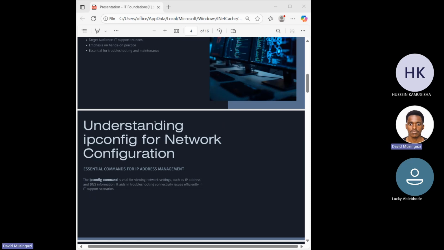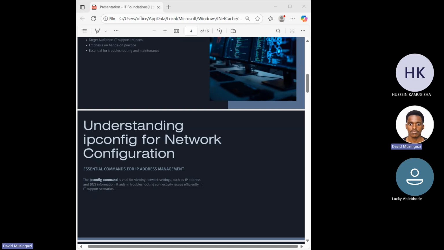If I'm not accessing the internet on my computer, maybe when I come to check, it shows no internet. So the ipconfig command, I think you would use it in order to view which computers are connected to the network, and once you don't find yours in the list, I think you might know what the issue is. If your computer is the one which is not connecting, or all the other computers are also not connecting, then the problem might be with the network.